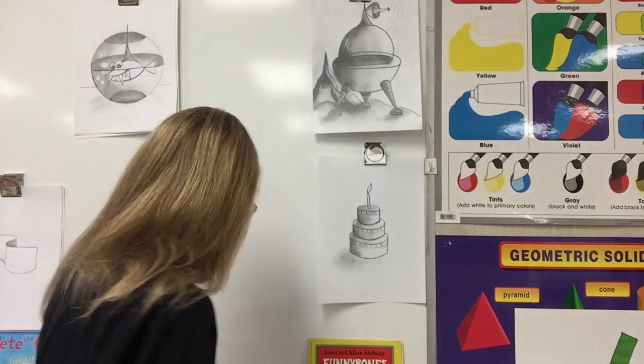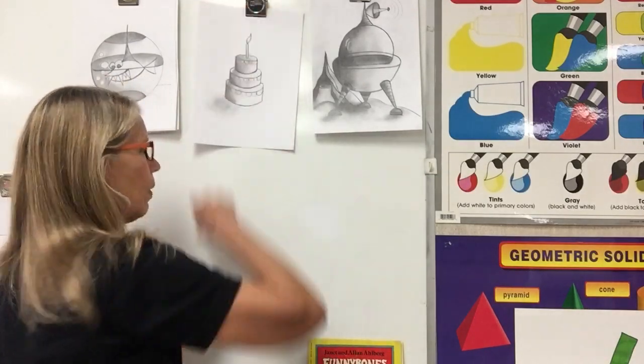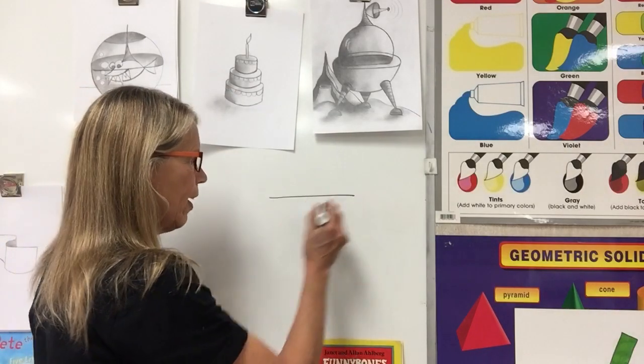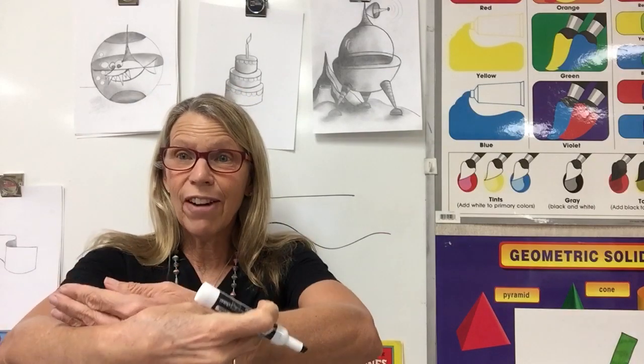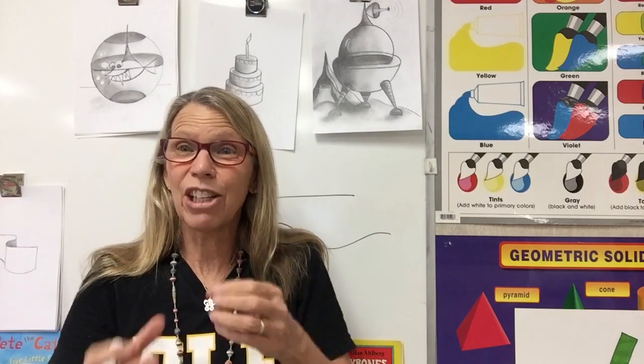You all have been doing such an amazing job with our contour lines. We have been talking about there's two kinds of lines. There are straight lines and there are contour lines. Now our contour lines are what gives everything volume. It makes things round. It makes like we can put things inside it. It's not flat. So let's open our sketchbook